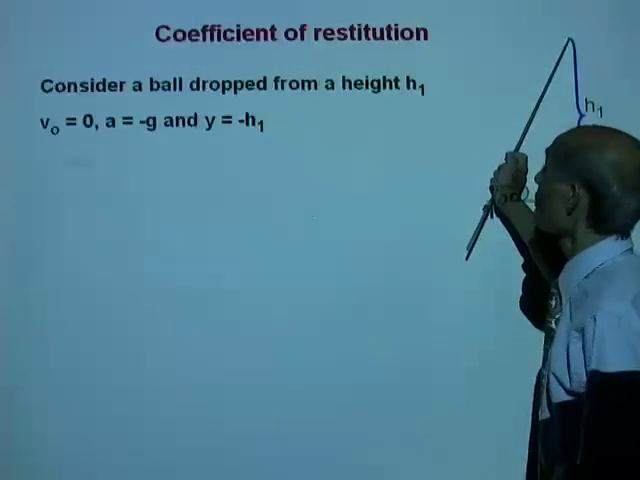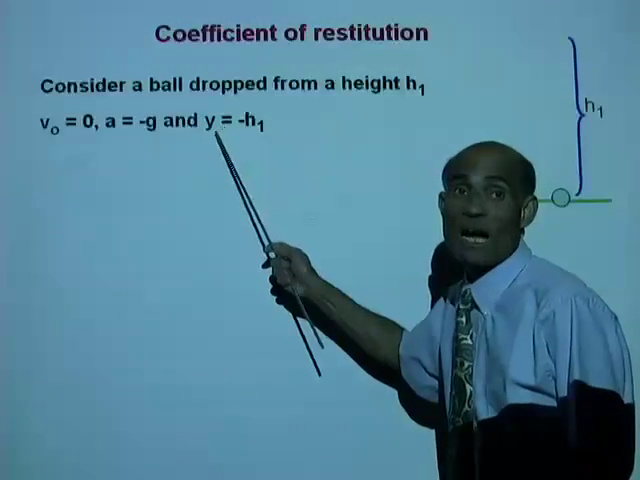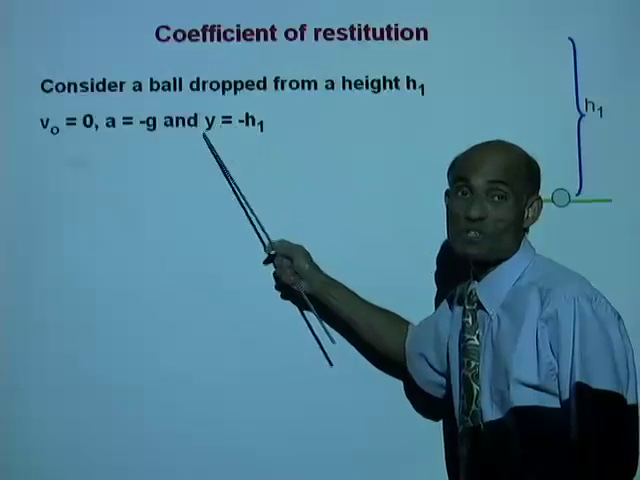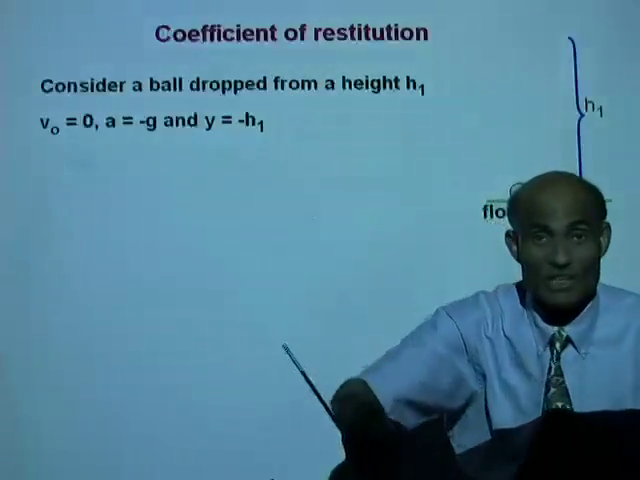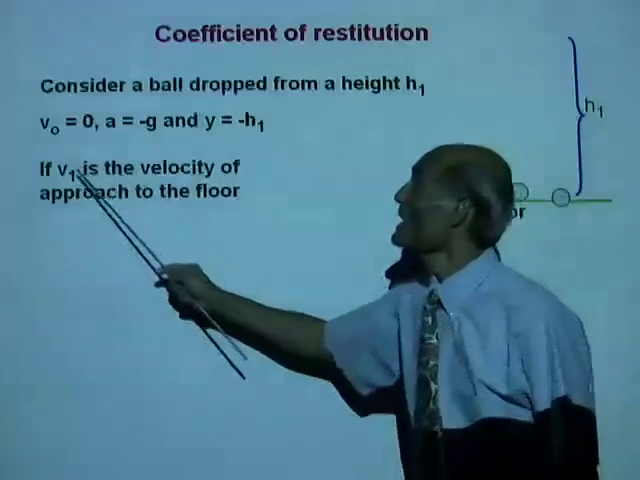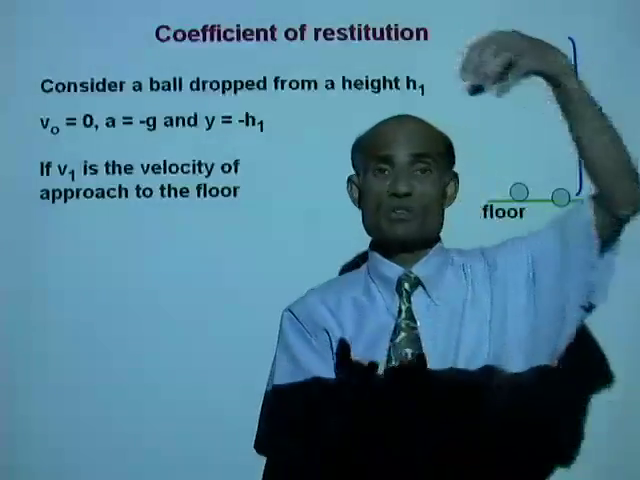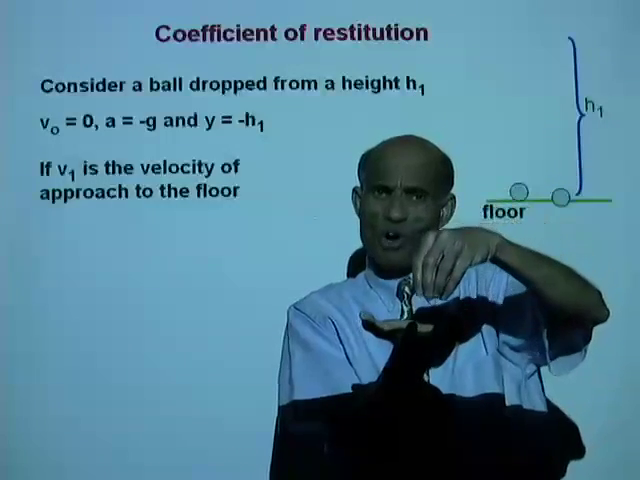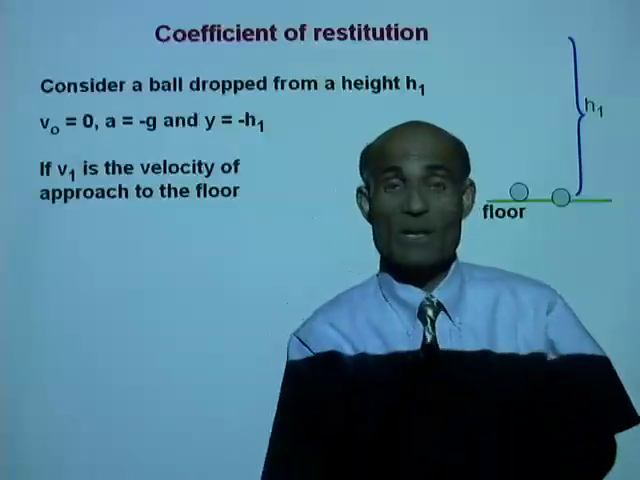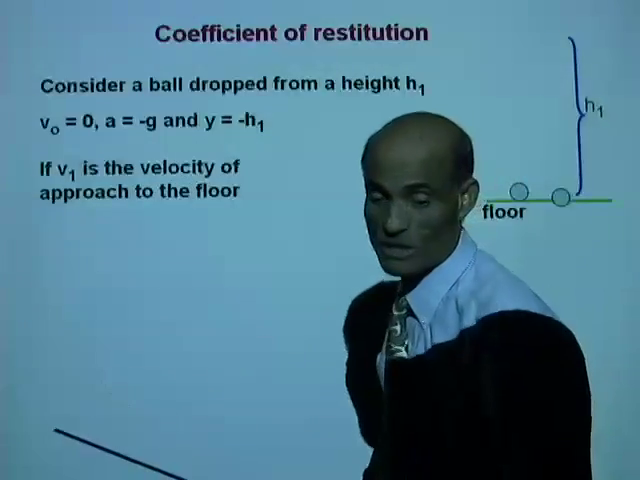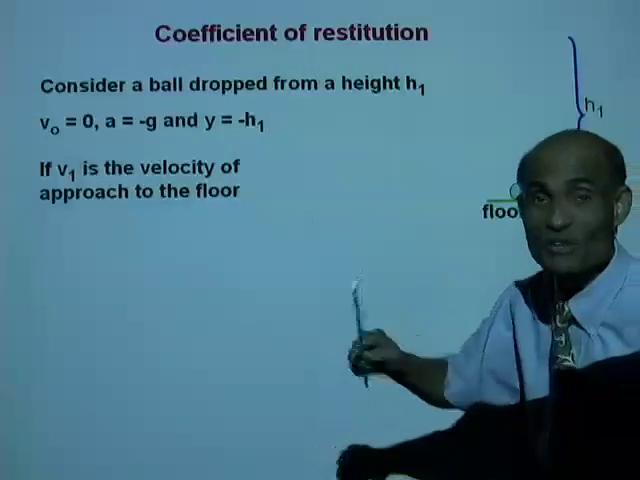Its initial velocity is 0, its acceleration is negative g, and it falls through a displacement y equal to negative h1, because it is a downward displacement. Now if v1 is the velocity of approach to the floor, when you drop an object, just before it hits the floor it will have a velocity. That's the maximum velocity. If v1 is the velocity with which the ball hits the floor,